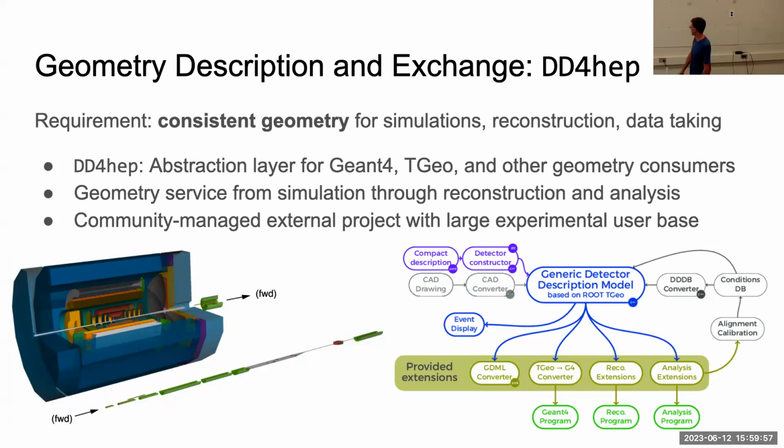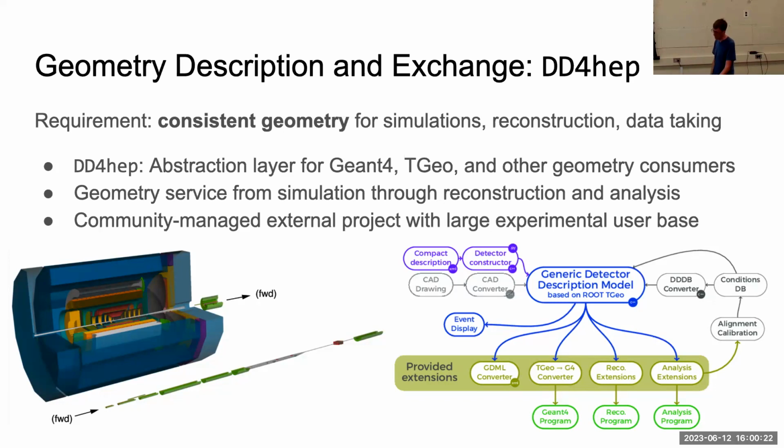We can use what are called conditions databases. So for run 23511, we had this detector enabled. For the next run, we didn't, things like that. So we can provide that. So there's a lot more that is involved in this geometry definition that is taken care of by this DD4HEP